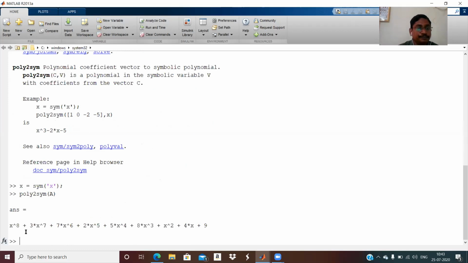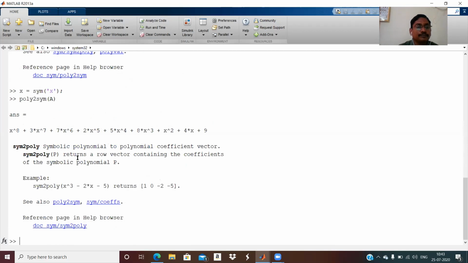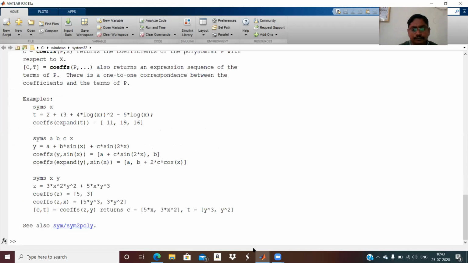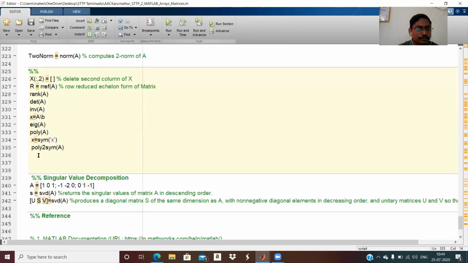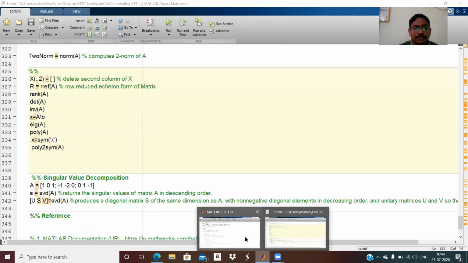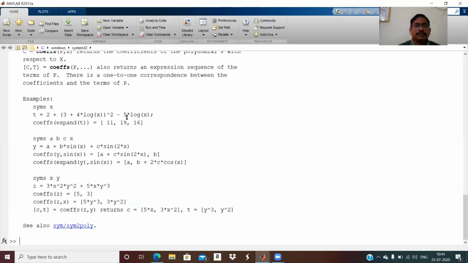Something is going wrong here. But anyway, this is the command to find a characteristic polynomial in symbolic form. But earlier I had verified it comes correctly. But right now, what is happening?